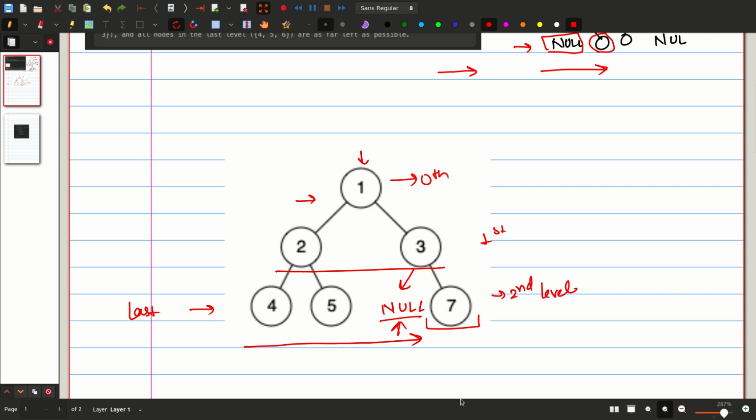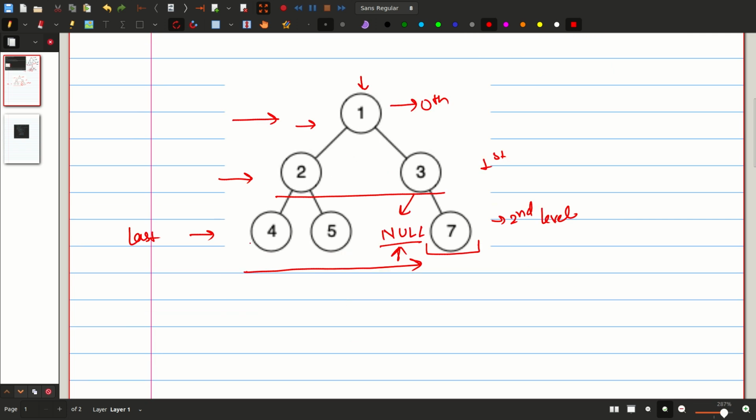Okay, so this is the way I will approach this question to reach the optimized solution. As I am saying, I am traversing level by level, so I can approach this question as a level order traversal.